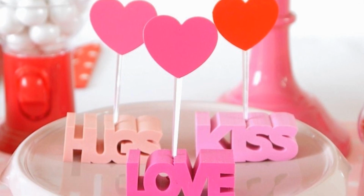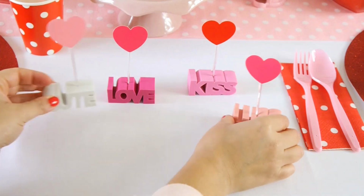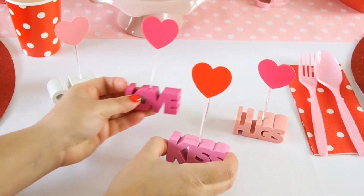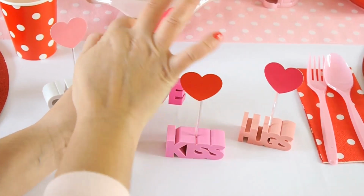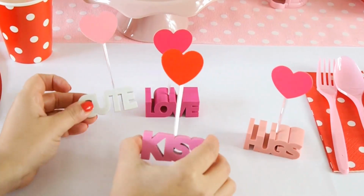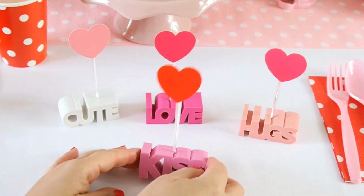These place card holders or name tags are super cute to make for Valentine's Day or for any other occasion. And of course the children can take them home as well as party favors with their names on, and they can use them for photos later on as photo holders as well. I think they're really easy to make and they turn out super cute and make the table super festive for